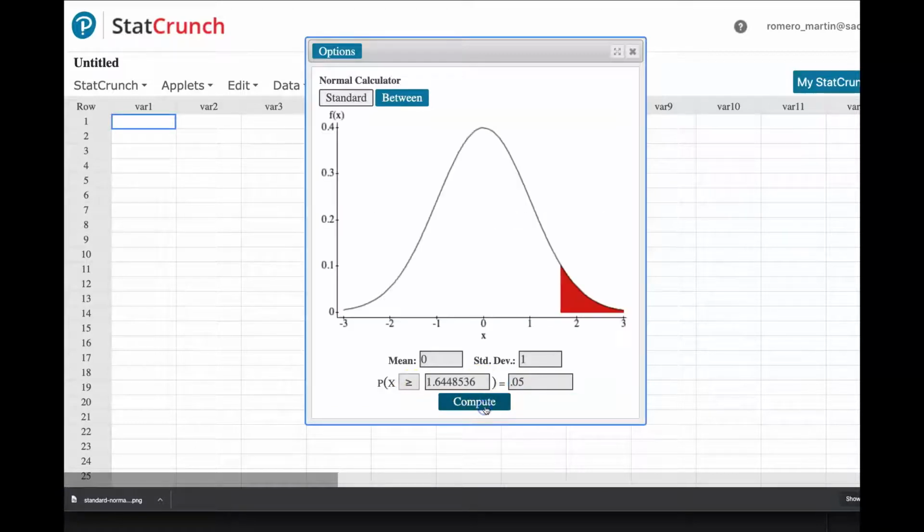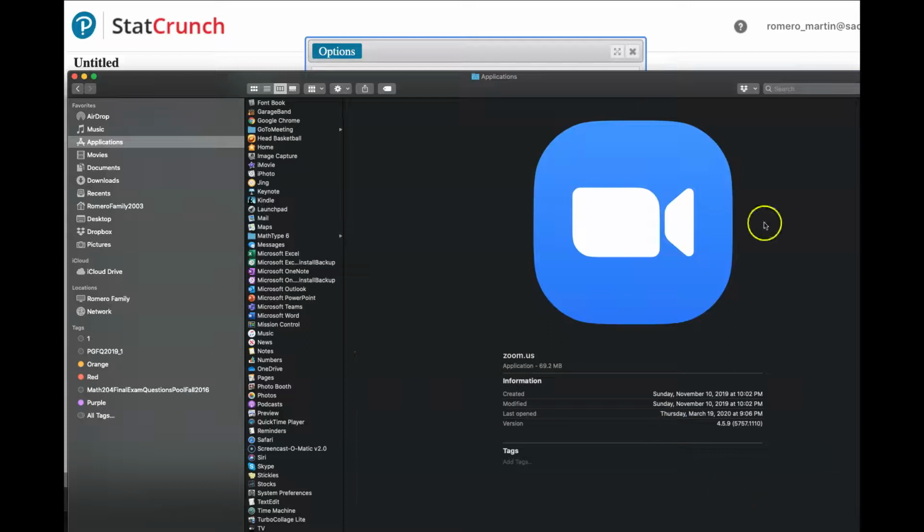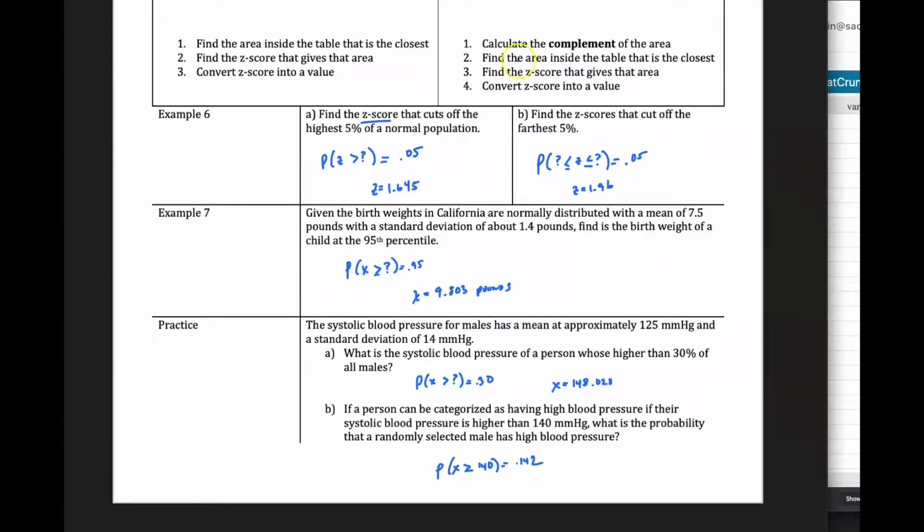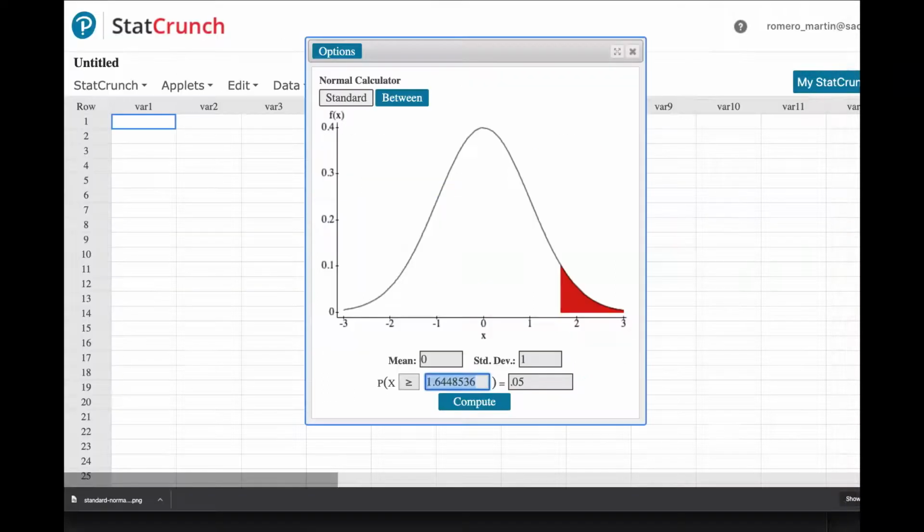I want the right side. And so my Z-score is 1.645 or 1.65. Here is the top 5%, which is essentially what we're looking for on that problem there. And so that's where you get the 1.645. If we were going to use